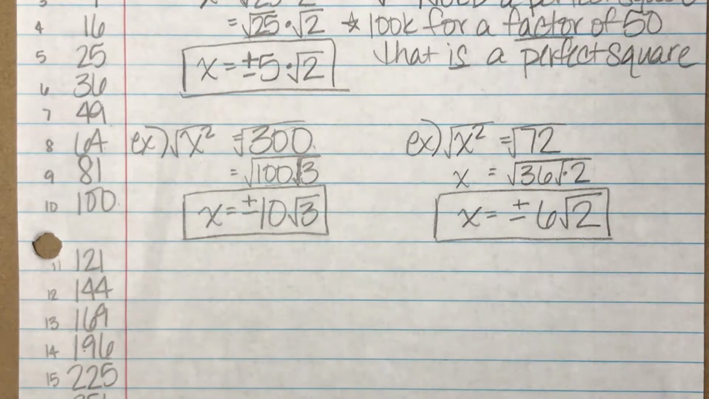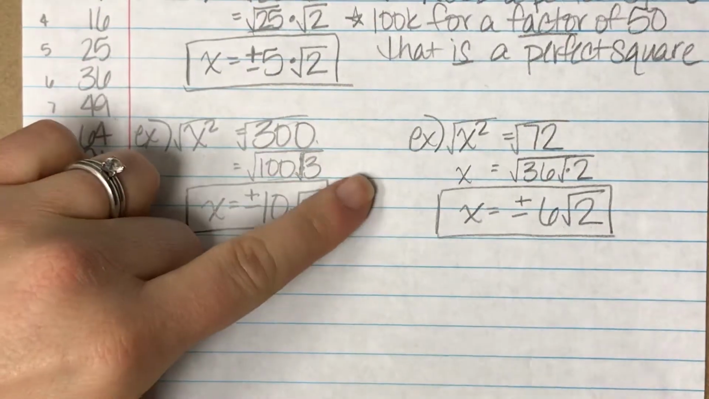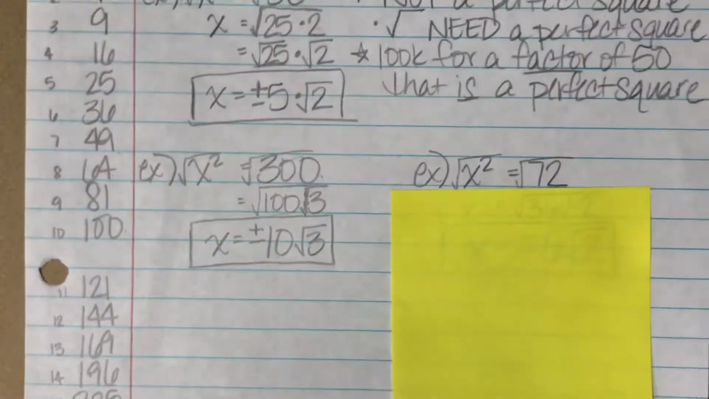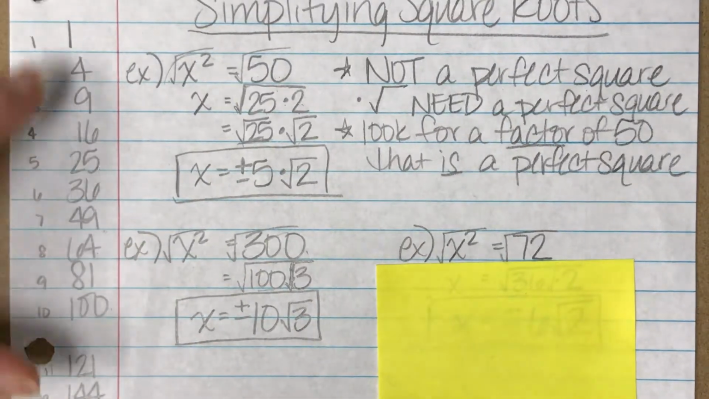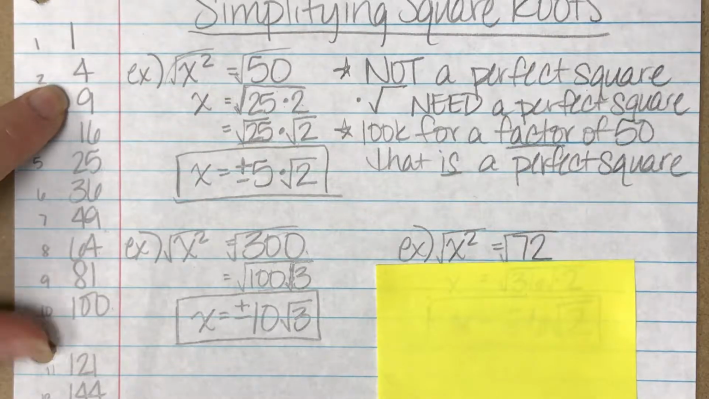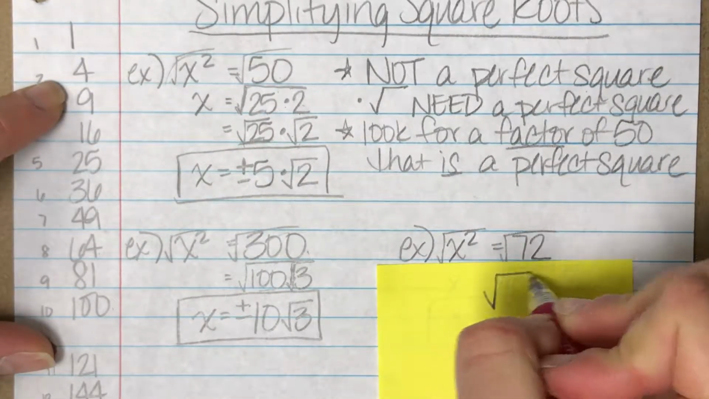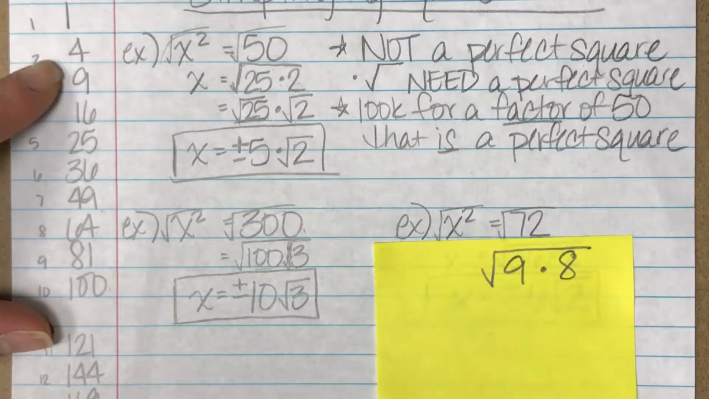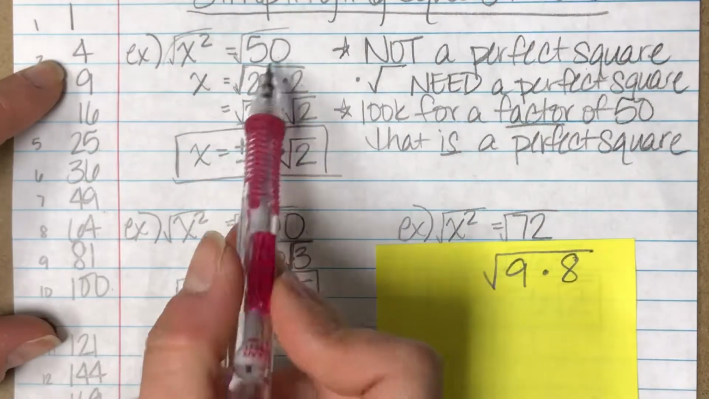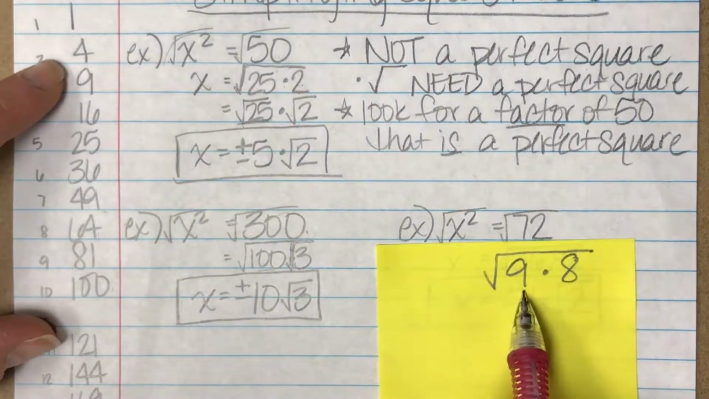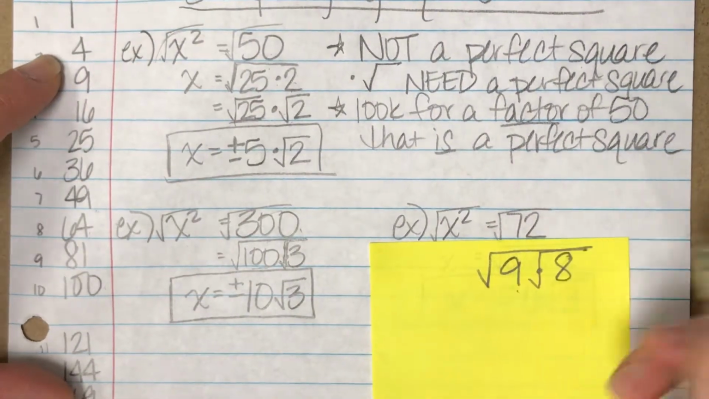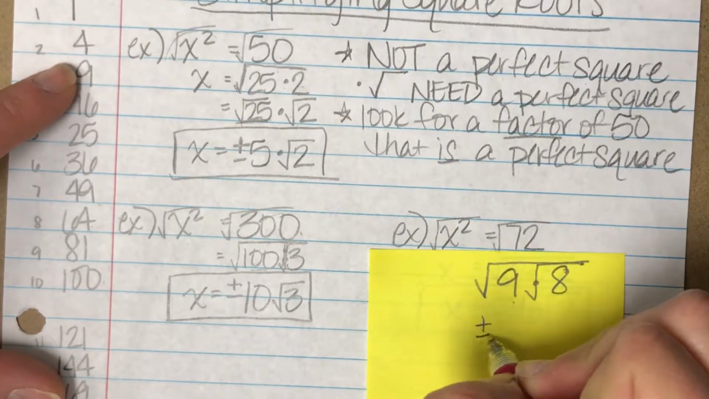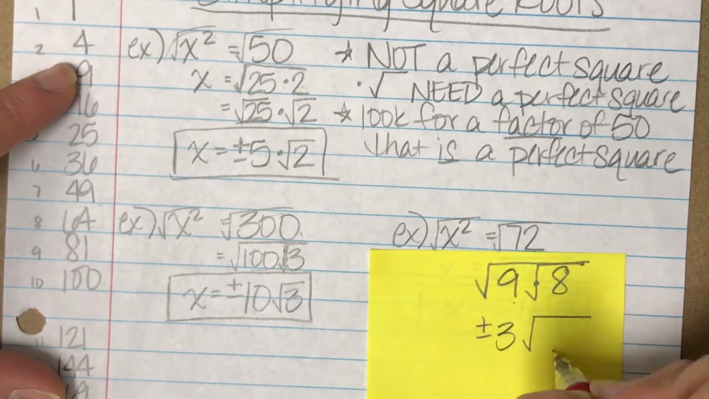One issue that popped up in class with this specific problem, the 72, is I had some people looking at their list of perfect squares and they said, well, 72, 9 goes into 72. I'm going to call that 9 times 8. That's not a bad list of factors, okay? It's not like the 5 and 10 we talked about up here, because 9 is a perfect square. I'm going to distribute my square root, and I end up with positive or negative 3 times the square root